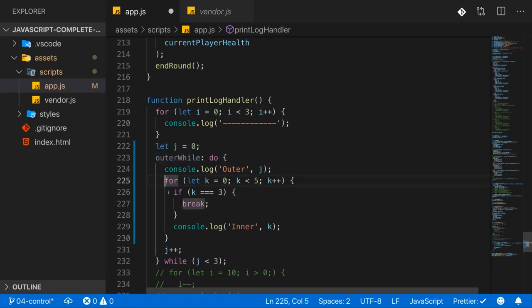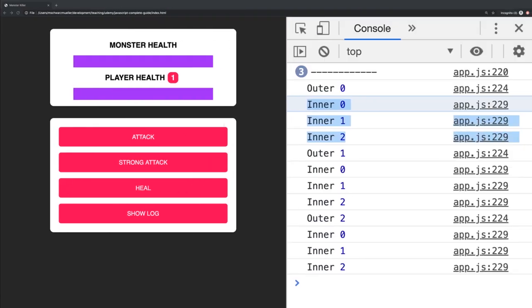You can also, but you don't have to, add this here in front of that for and maybe name it inner for. And now here you can use break like this to finish the inner loop, but if you want to finish the outer loop, now you can say break and then pass the name of the label you assigned to your outer loop. So in this case, outer while. And now this allows you to break a different loop than you're currently in. So now if we do that here,